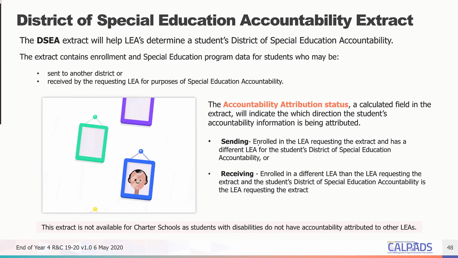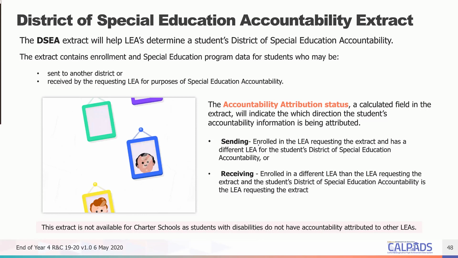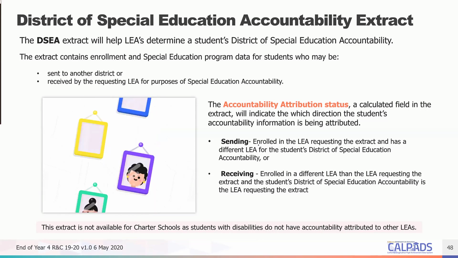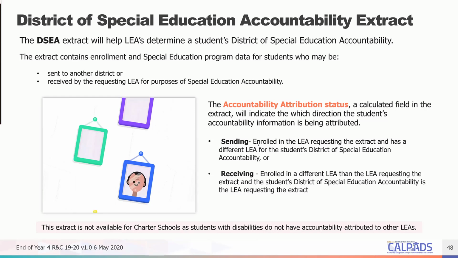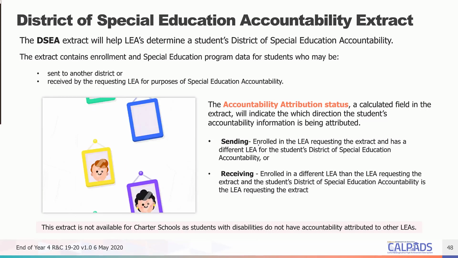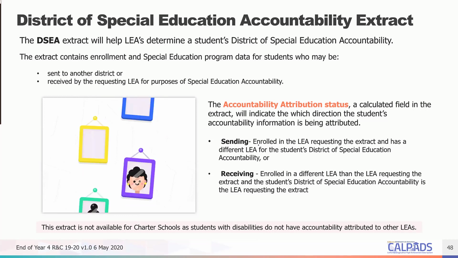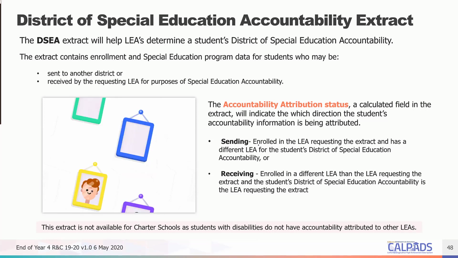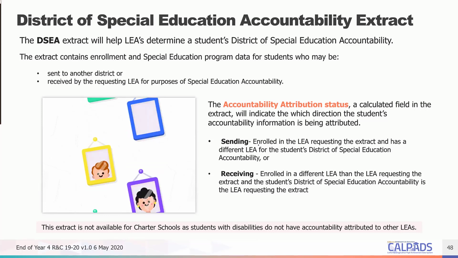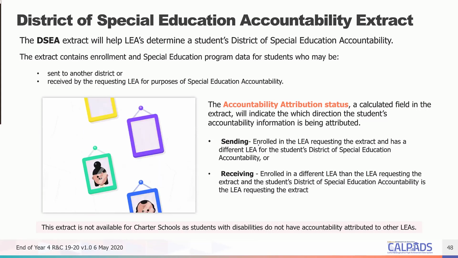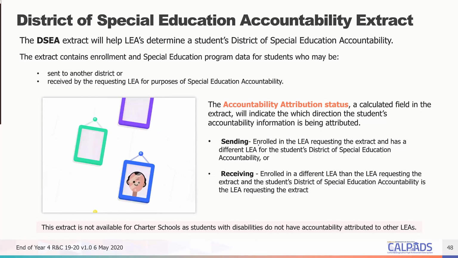So it's really important to understand which students you are losing accountability for, meaning you're sending it to another district, or which students you are actually receiving, because you cannot see their data. It's actually the reporting LEA that's submitting all of their data. So it's very important that you review this extract. Otherwise, you're going to be surprised. Exactly. Yes. And once the functionality is up and running, I believe on the next sprint,